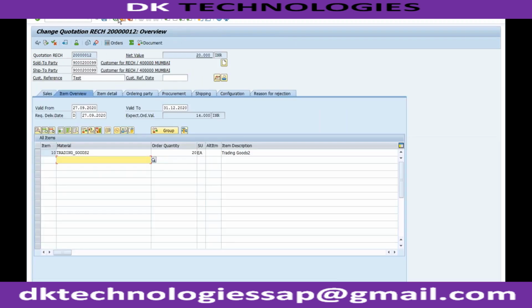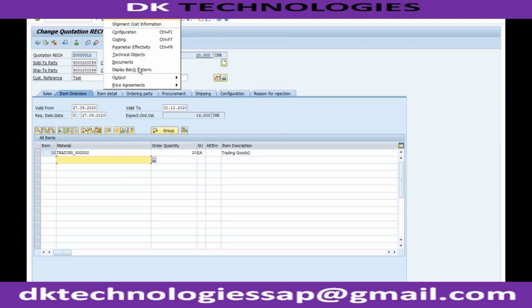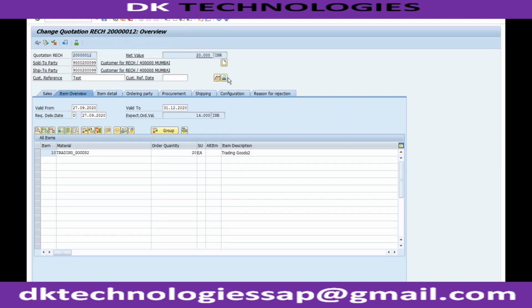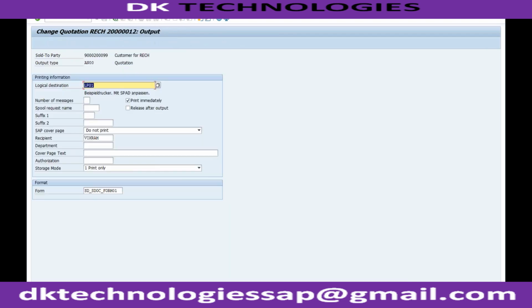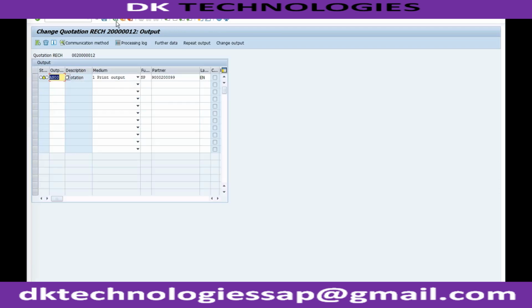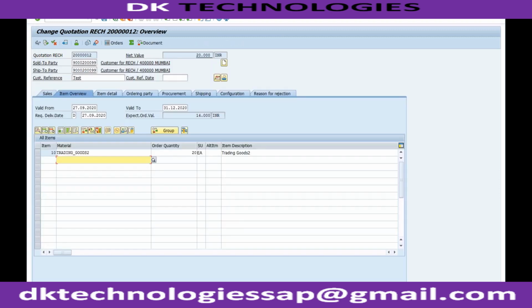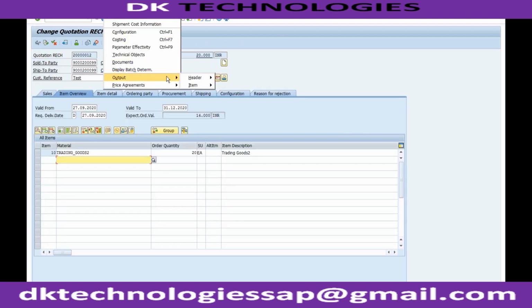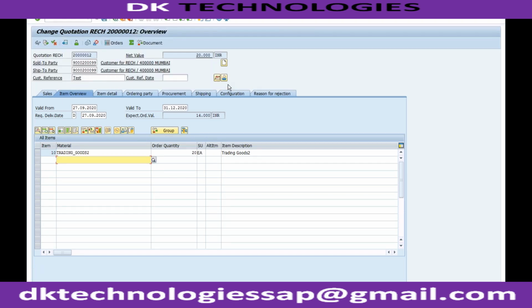Just, my system is not fast. So extras, output, header, and edit. It is still not generating the output. Let me see the print preview at least. If I go to extras, output, header, and print preview. Okay, I think output could not be issued because